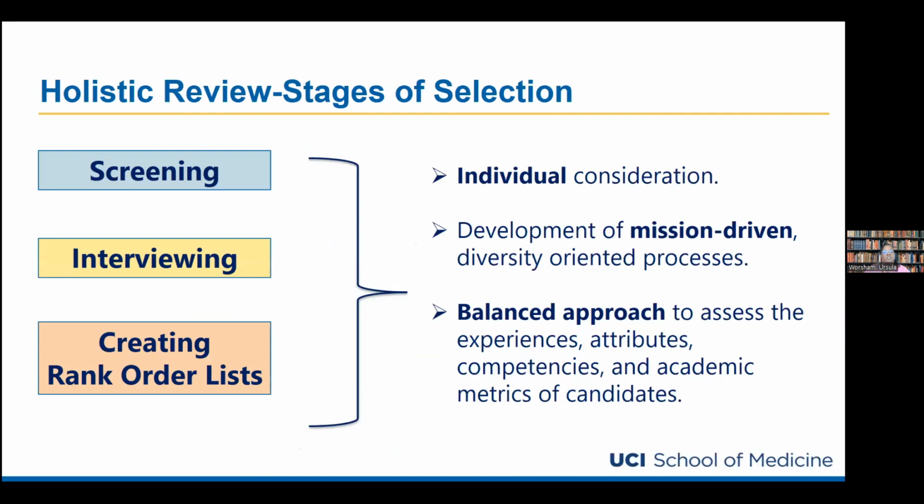So when we think about the holistic review stages of selection, this is where we have an opportunity to shift towards what the AAMC provides in terms of holistic review. We think about holistic review in 3 stages. The first is the screening stage, the second is interviewing, and the third is our rank order list. We understand through the match process, these things don't always align. Who we want may not always be who we ultimately receive as part of the match process, but we do